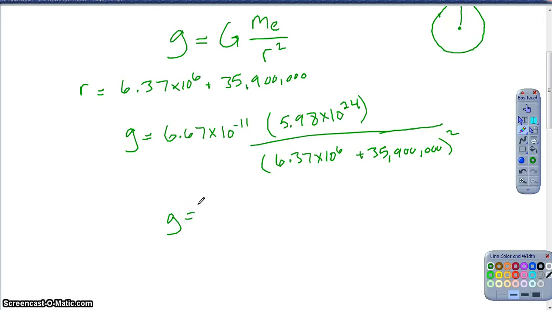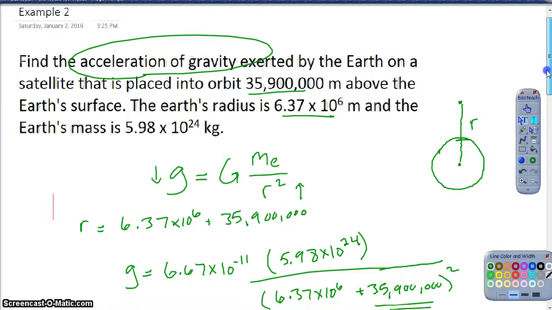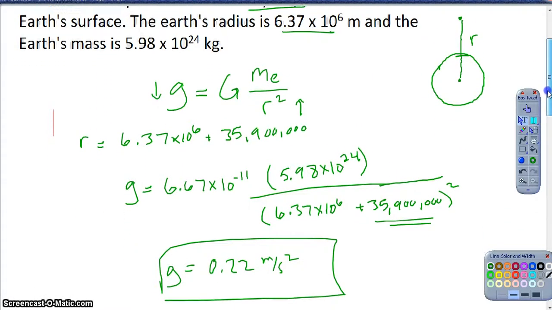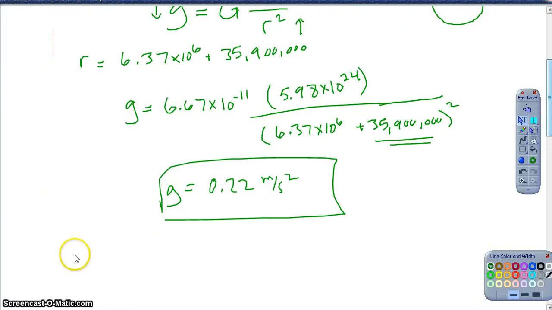Obviously, it should be less than 9.8, right? We know 9.8 would be at the surface of the Earth, and if the radius increases, then obviously this value should decrease. So we know for sure it should be less than 9.8. And in fact, it's significantly less than 9.8. Because that altitude was so high, this ends up being about 0.22 meters per second squared, right? So the acceleration due to the Earth at that altitude is about 0.22 meters per second squared. So anyway, be pretty comfortable working through an example like this. Like I said, really nothing new here,